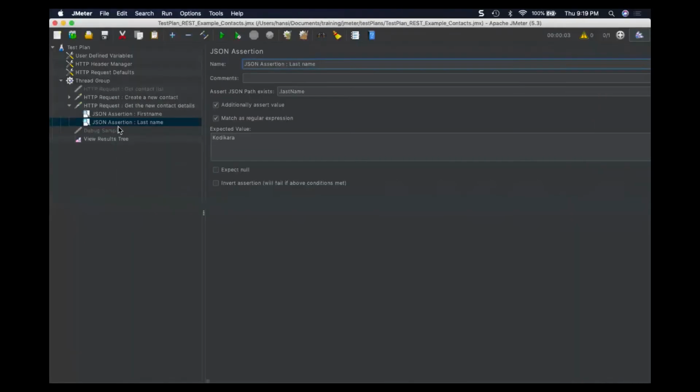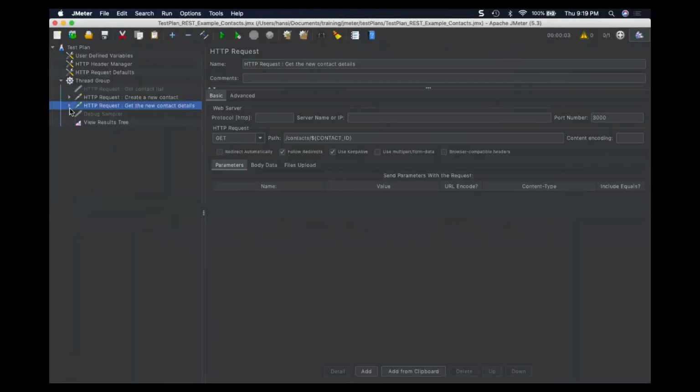Let's go to update and we'll get a duplicate of this one, Control C and paste it here, drag and drop here, Control T to enable it. Update the contact. This time the method is PUT instead of GET.